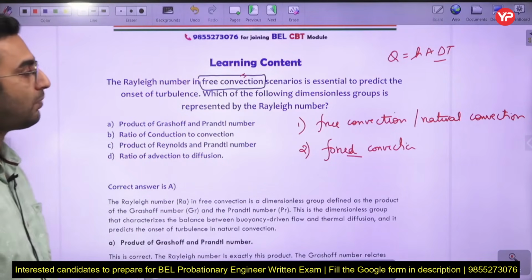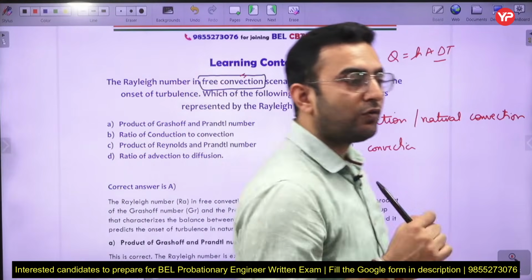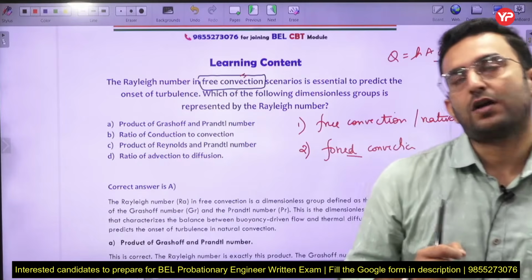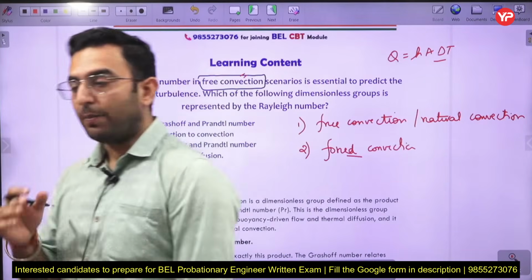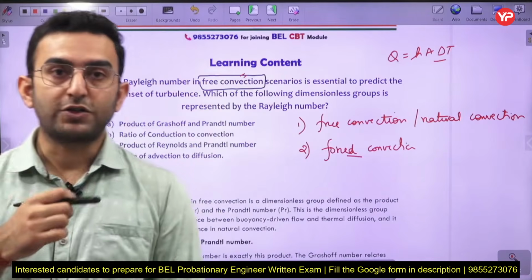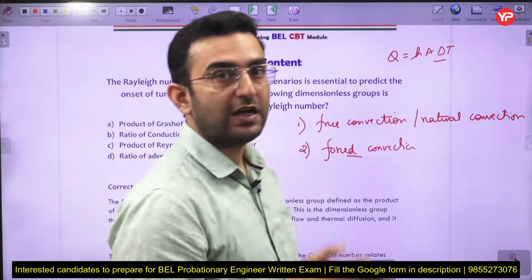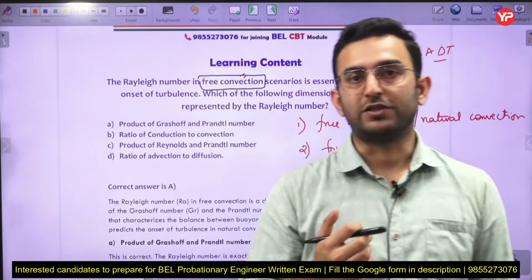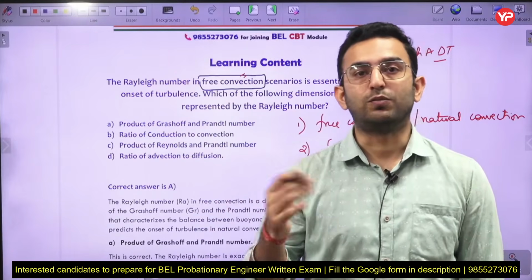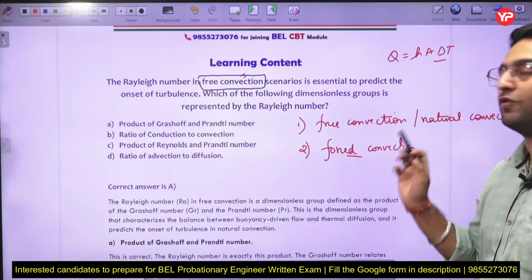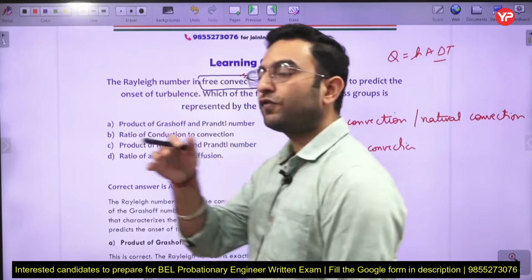Now what are the examples of forced convection? Whenever the fluid is flowing over a heated surface or a cold surface, and the flow is taking place due to external agencies like external pumps or any external machines, in that case it is a case of forced convection. For example, the radiator of an automobile, the heat exchangers, boilers, all of those are examples of forced convection. But when we talk about the free convection, in that case the fluid is flowing over a hot surface or a cold surface